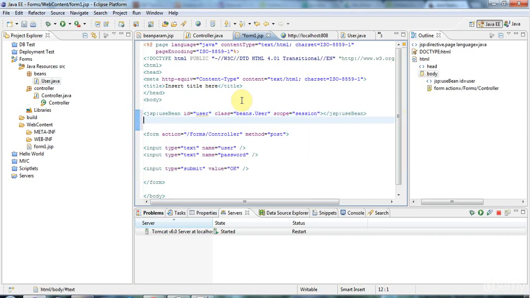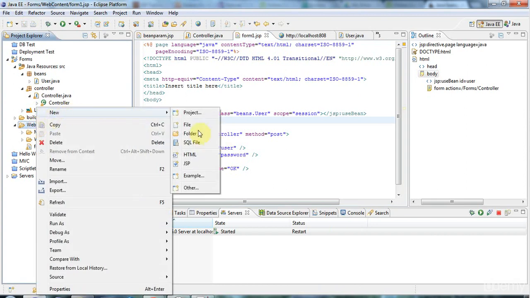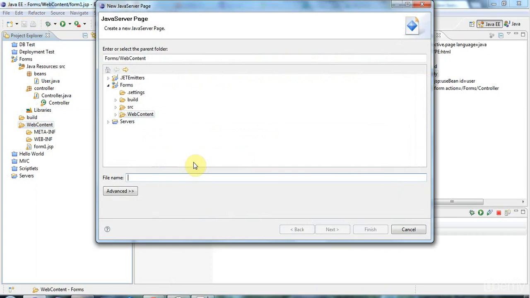Actually, let's take this out of here because in a future tutorial I am going to put this bean in with the form, but I want to build this up step by step. So I'm going to show you something just a little bit simpler in this tutorial, and I'm going to create another JSP here. So I'm going to right click and go to new JSP, and I'll call this